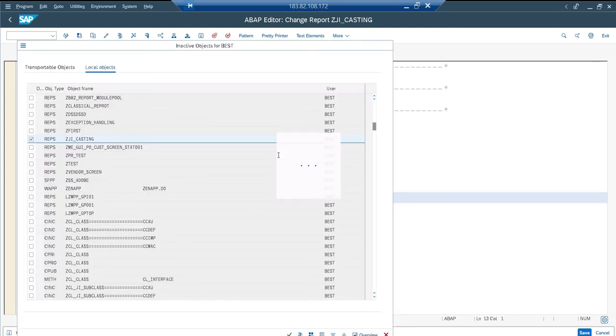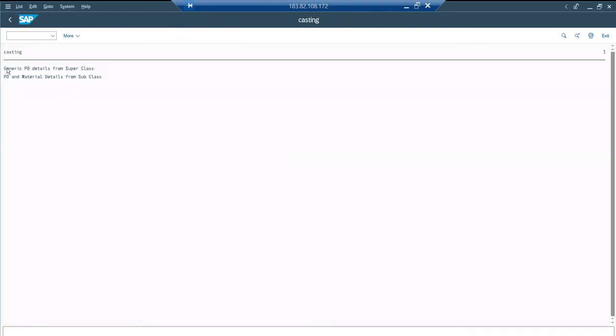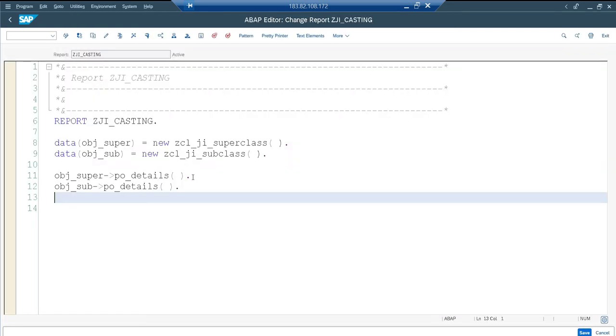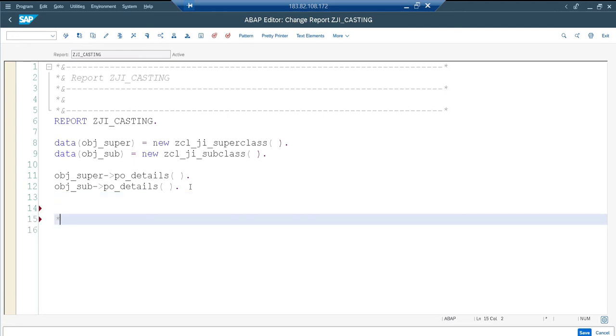If I execute, it shows very clearly: generic PO details from superclass, PO and material details from subclass. Now I want to call the subclass redefinition method using the superclass object, because the source of the method is the superclass only. So narrow